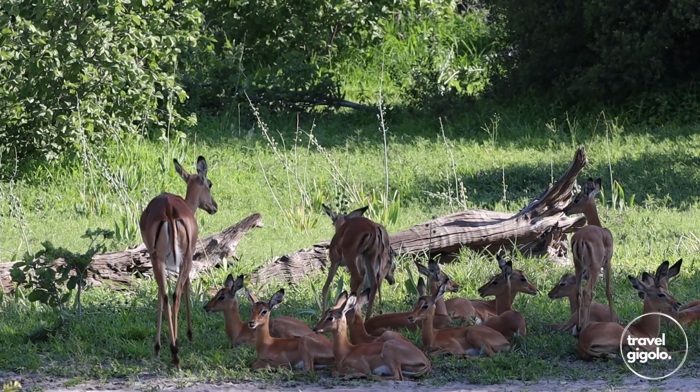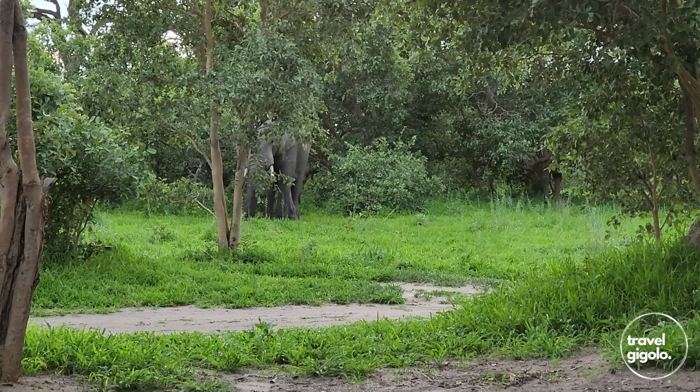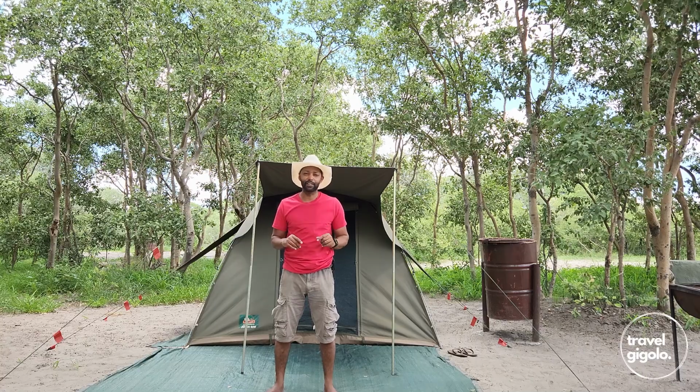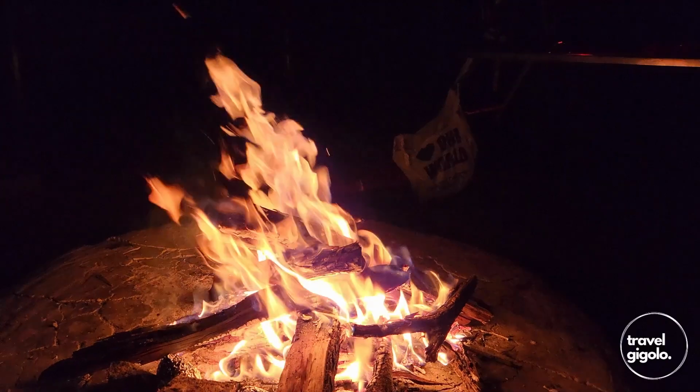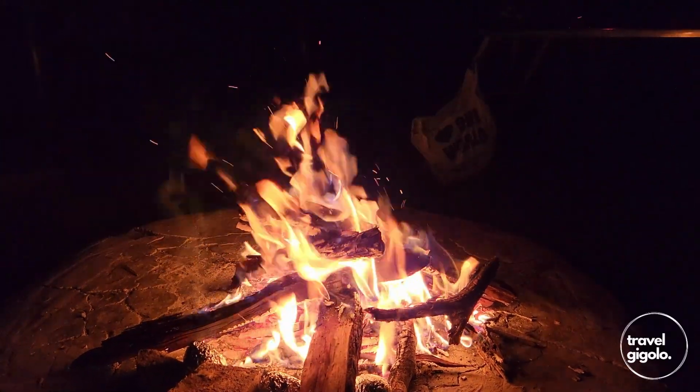What to do here? Wildlife. That's basically what it's about. Quite a bit of wildlife comes into the campsite, so you can sit here and see quite a bit of wildlife. But obviously we're in the Chobe National Park, and so it's really about exploring the park and enjoying the wildlife. And if you're not familiar with the sounds of elephants and lions, then this is a good place to become familiar with that, because at night they're very vocal